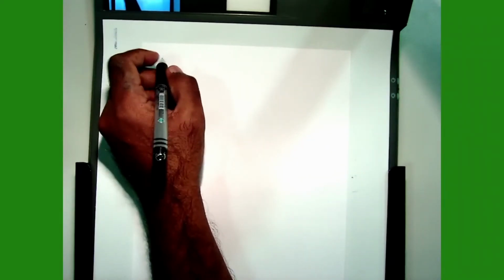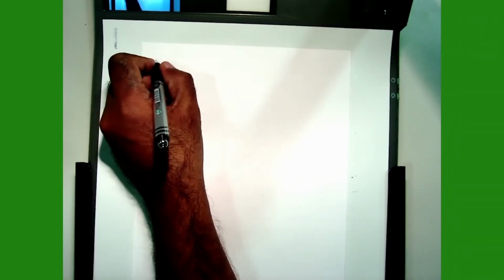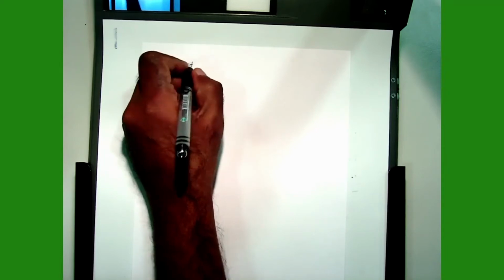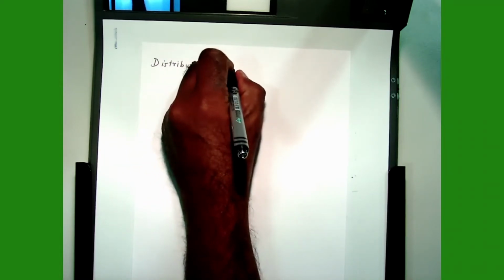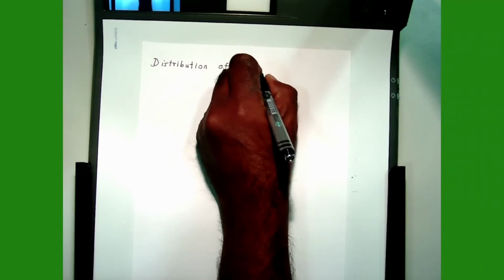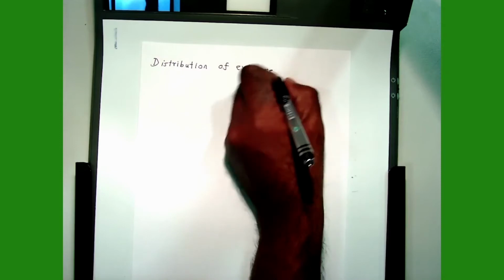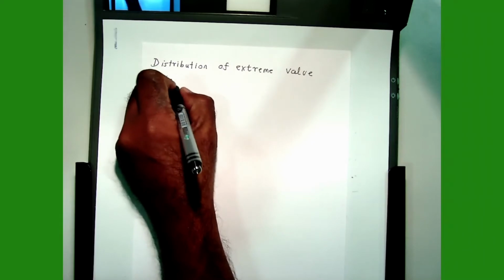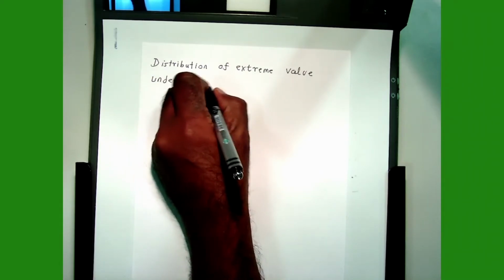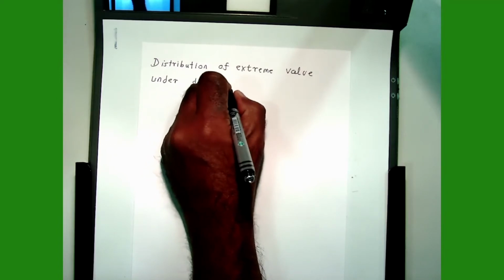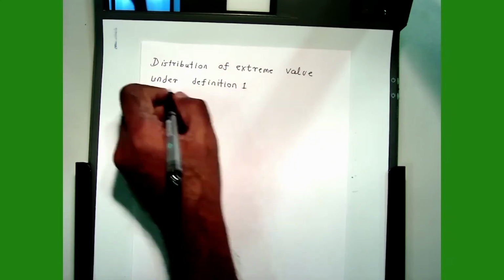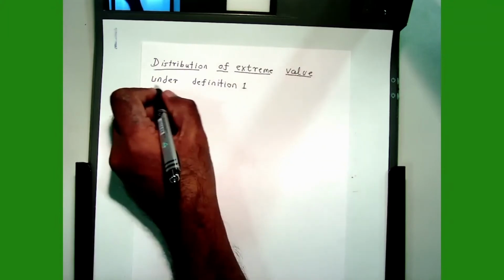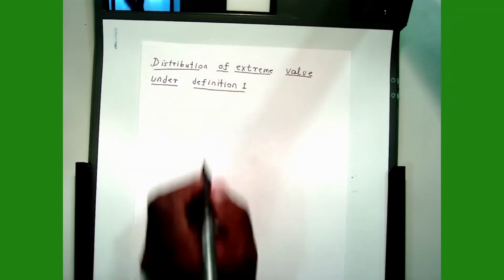So the title of this video is: distribution of extreme value under definition 1. Alright, so